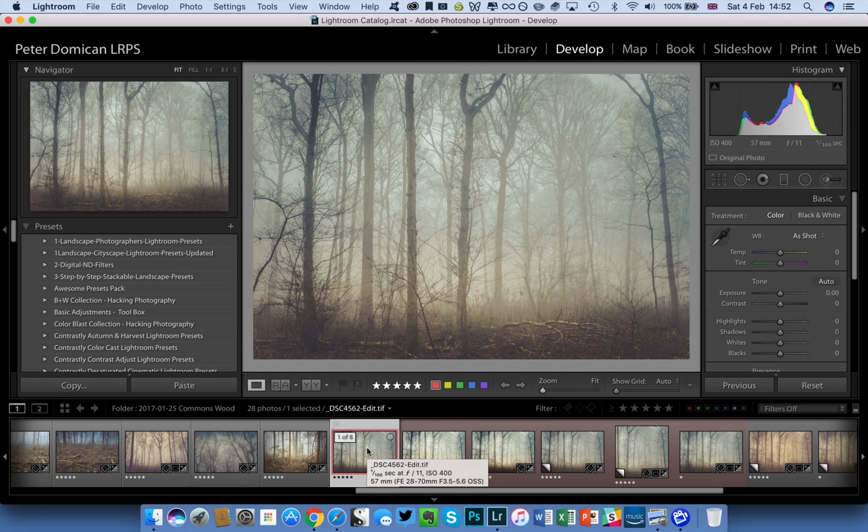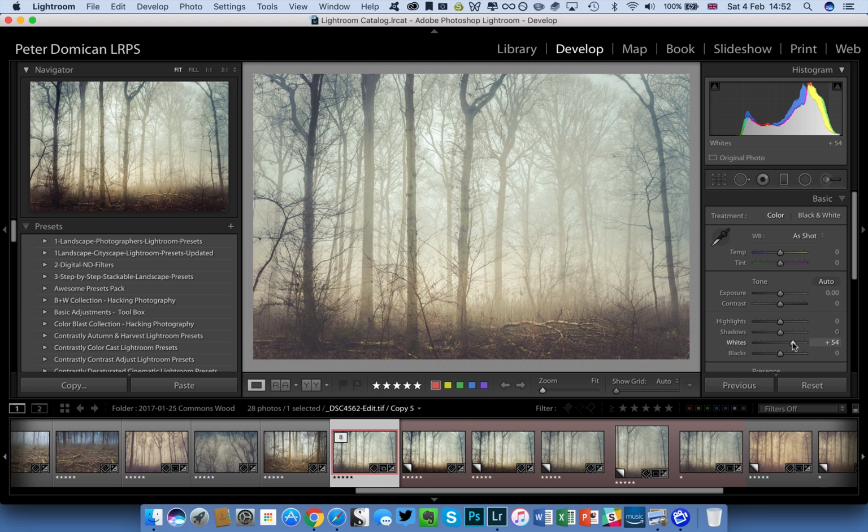Just look at the histogram as well as the image as we start to change it. So let's move to the white, and then let's start to move the slider up. And as you can see, the histogram moves across to the right hand side. Now as we hit the white point, you'll see that we get a green at the top of the histogram. And what I've done is just click that to make sure that as we make the changes that we set